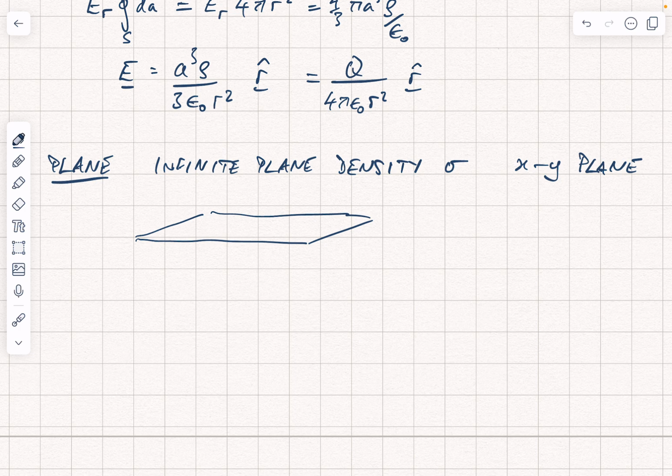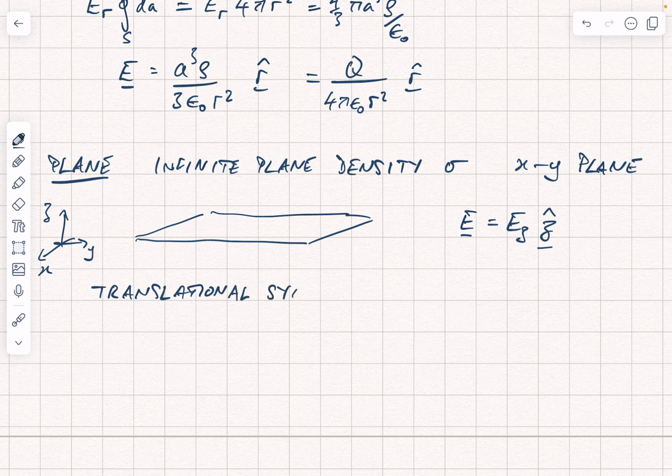We can say again that in this case, just putting in some axes here, here's y, here's x, here's z, E must lie along z. Now, why do we say that? Well, because this system has translational symmetry in the xy plane. In other words, we can move the plane around. We could move the point where we're evaluating the electric field anywhere in the xy plane. And so if E was pointing in any direction other than z, then by shifting the plane around, we would potentially change the electric field,